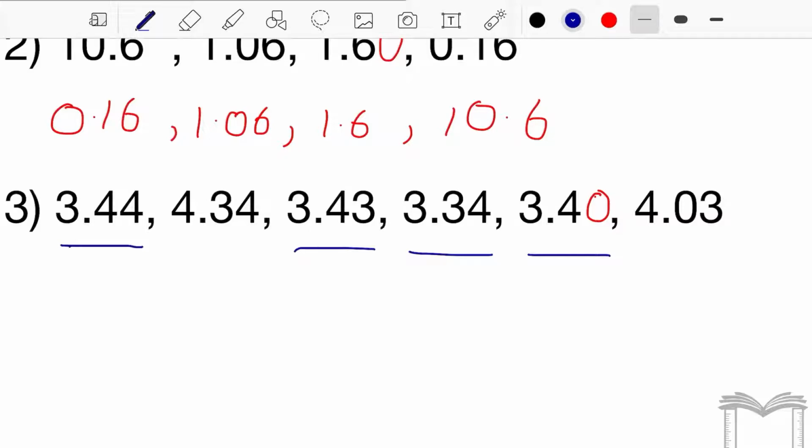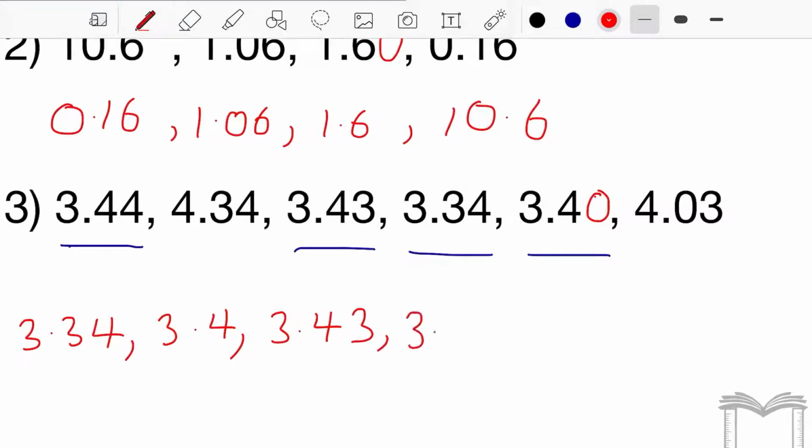So 34 is the smallest. So we have 3.34 followed by 3.4 followed by 3.43 followed by 3.44. So now we just have the last two numbers,